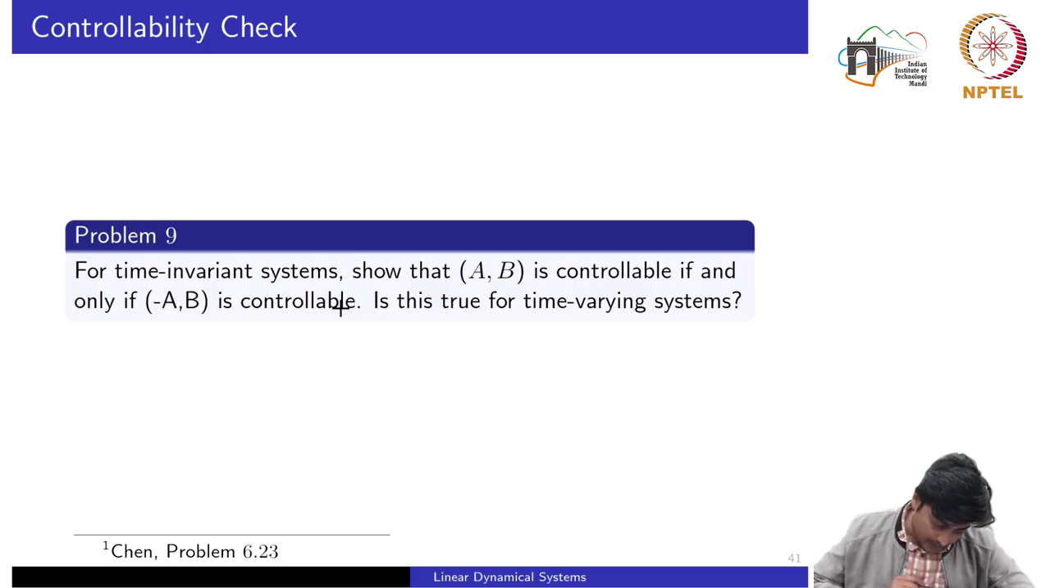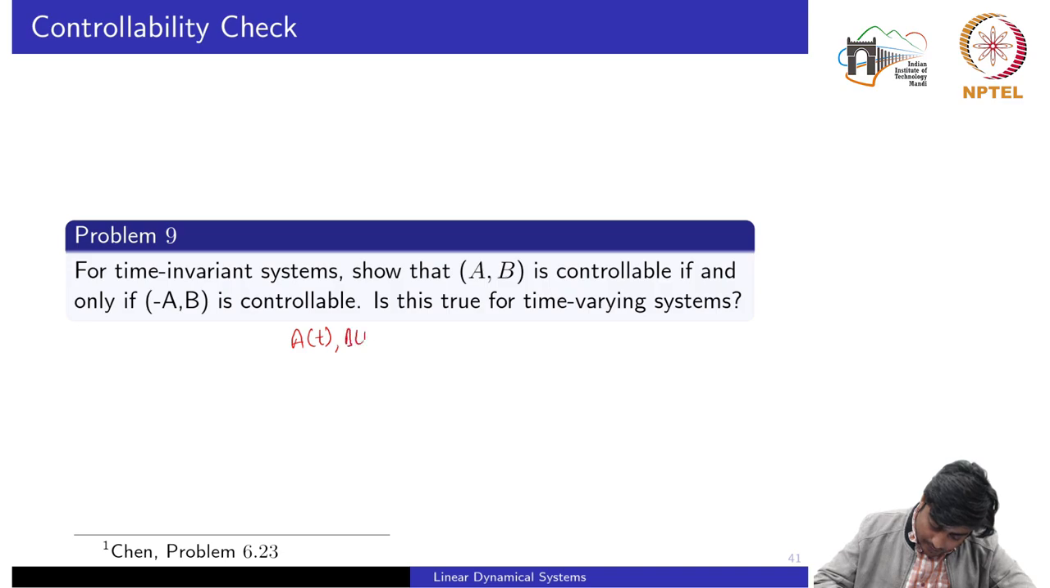So this is the last problem, which again is a controllability check. For time invariant systems, we want to determine that the pair A, B is controllable if and only if the pair minus A, B is controllable. Meaning that if I take a negative A matrix, then that new pair is also controllable or not. Okay. Now we also need to show whether this is true for a time varying system,